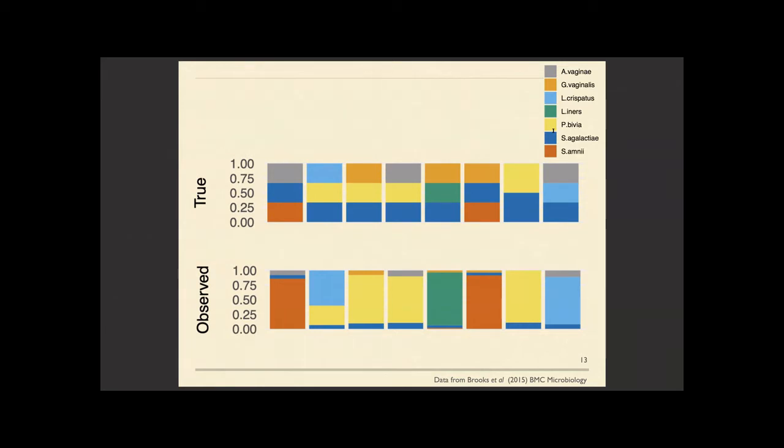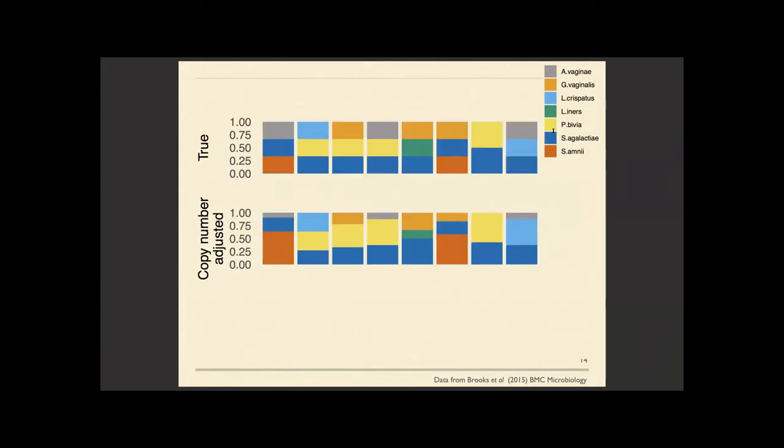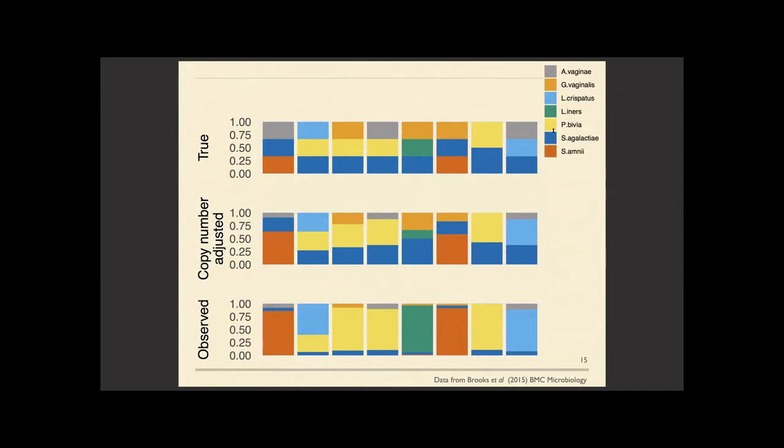So this particular data that I'm showing is 16S sequencing. A really natural question that a lot of folks ask is, well, do all of these taxa have the same copy number? And could copy number variation be accounting for the distortion between true and observed relative abundance profiles? So here are the true abundances of the taxa adjusted for variable copy number across these organisms. We see that maybe it sends us further in the direction of the truth, but it's certainly not accounting for all of the deviations between observed and actual relative abundances, even copy number adjusted, in our community.